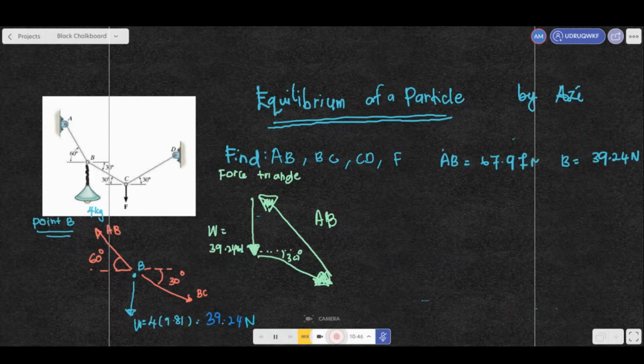So we get this is 60, and this is also 60 here. We know that the angle here is 30 degrees. This is also 30 degrees, and this one will be 120, 90 plus 30. So we get 120. So we rearrange back, and we can use the sine law. So AB